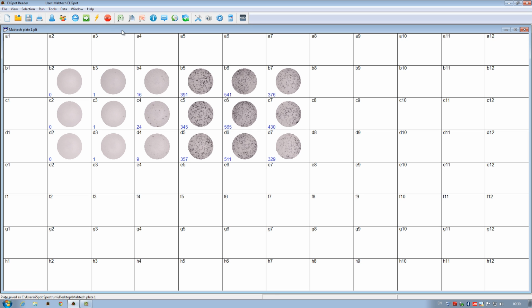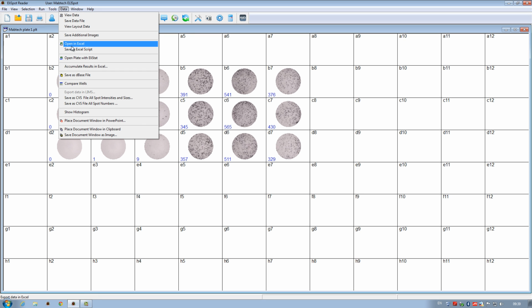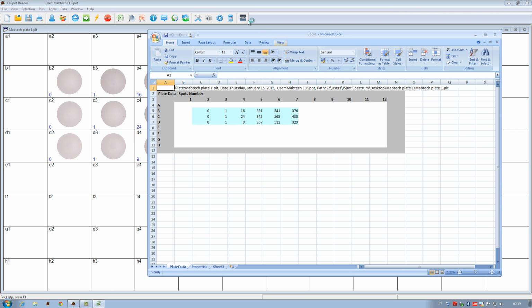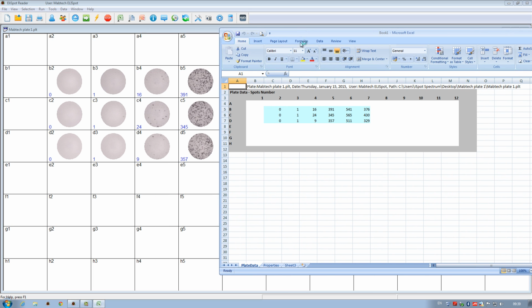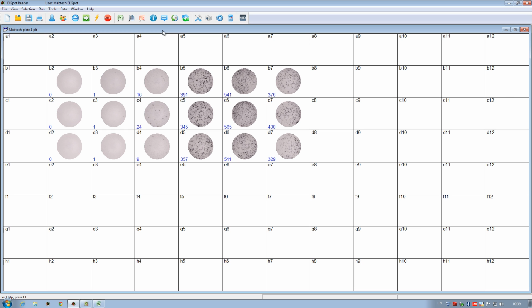Having saved my plate, I now want to export my data. AID has thankfully made this very easy using a built-in function found under the Data drop-down menu called Open in Excel. By selecting this, an Excel sheet is automatically opened by the AID software containing the spot numbers as they appear inside of the analyzed plate. Fantastic! This Excel file can now be saved and used for efficiently making graphs or statistical analysis on a separate office computer, without the need of using the PC connected to the reader.